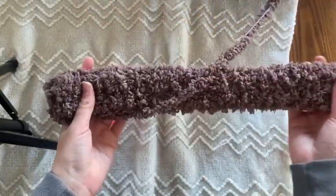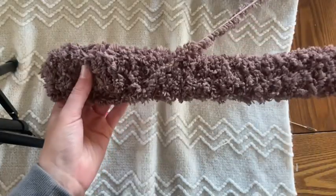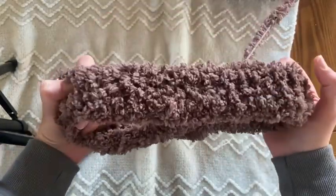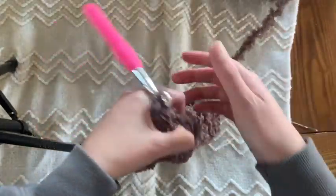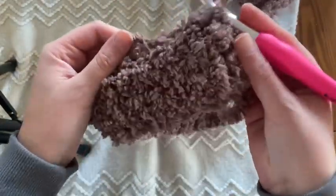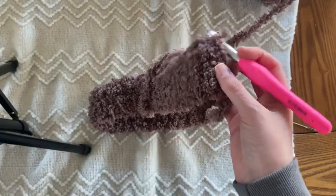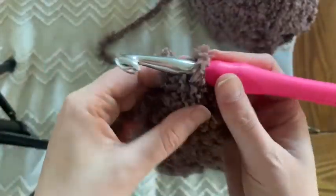Here is what it looks like when you have 3 rows of 34 stitches. This is perfect if you just want to do a simple headband. I am going to add a 4th row because I think I might want to make mine to cover my ears when it's chilly out, or we like to keep it nice and chilly in the house